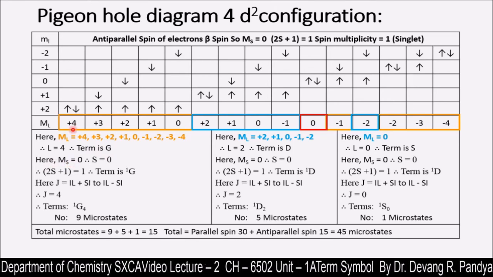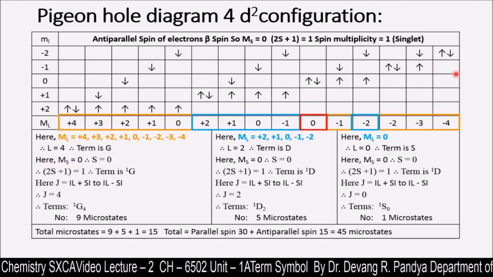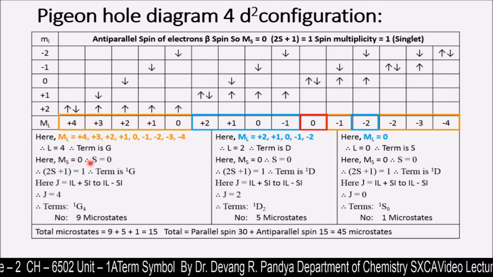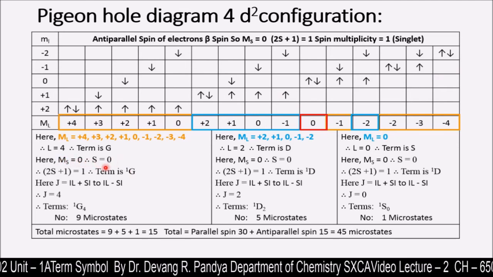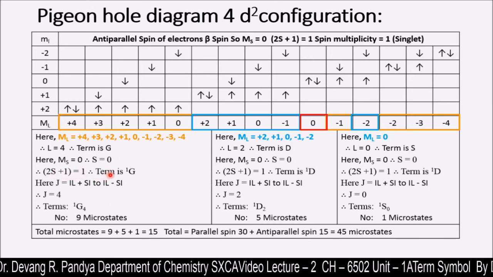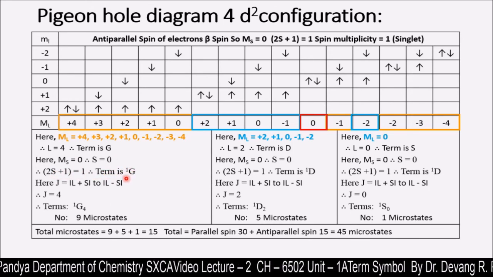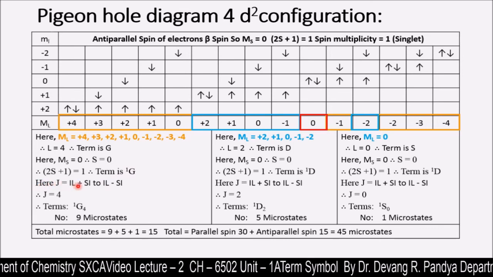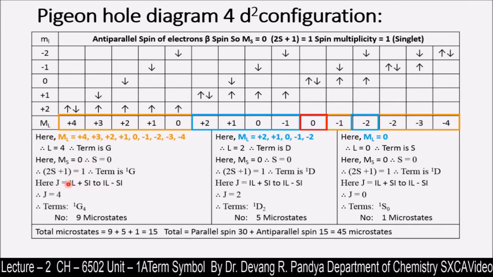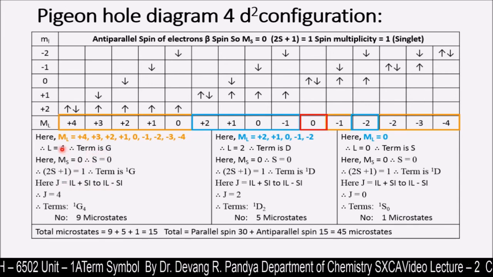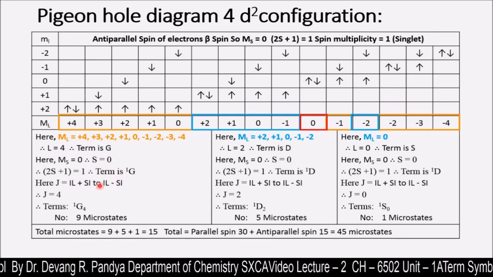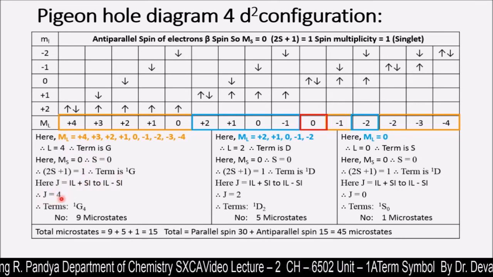For m subscript S, because the arrangement entirely in the table is anti-parallel, the m subscript S value is 0, so S is equal to 0 as well. Hence the spin multiplicity would be 1. So the term should be written as singlet G. Now the value of J would be L plus S to L minus S, and therefore only one possible value is there, because L is equal to 4 and S is equal to 0. So 4 plus 0 to 4 minus 0, only one possible value of J, that is 4,